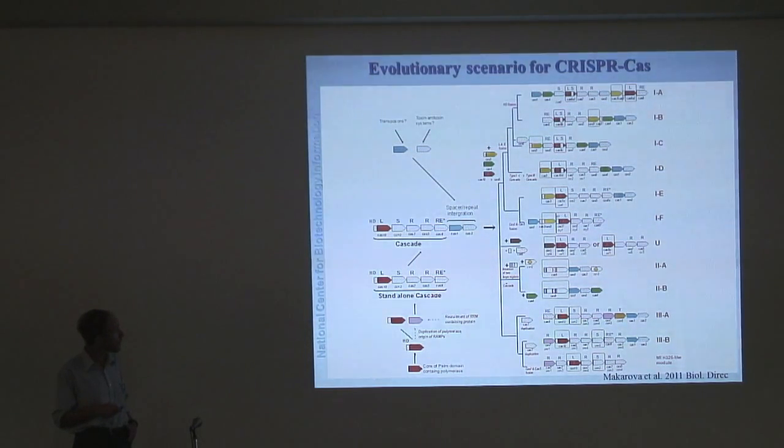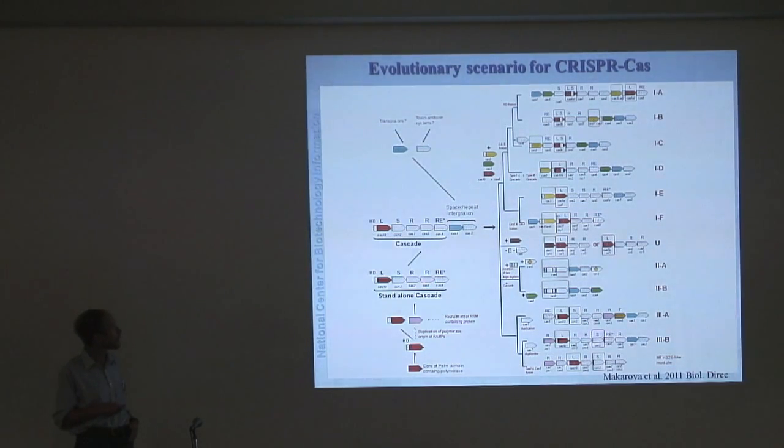One of which is the cascade complex, which is based almost entirely on RRM recognition motif domains, RRM domains, and might have evolved from other better known RNA binding proteins such as polymerases, or maybe the so-called palm domain of polymerases, which is also an RRM domain, but possibly also from the recruitment of other RNA binding proteins, because there are many. And we hypothesize that in the